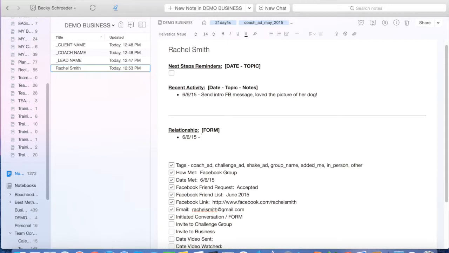Relationship/form is where you want to keep kind of a record of what you know about the person. Again, what are their strengths? What are their interests, goals, needs? What do they like? What don't they like? This is information that will really help you when you are beginning to position, either them joining a challenge group or joining your coach team, because it's information that you know about them that they've shared with you through your conversations. So let's just say here she's a mom of 3,